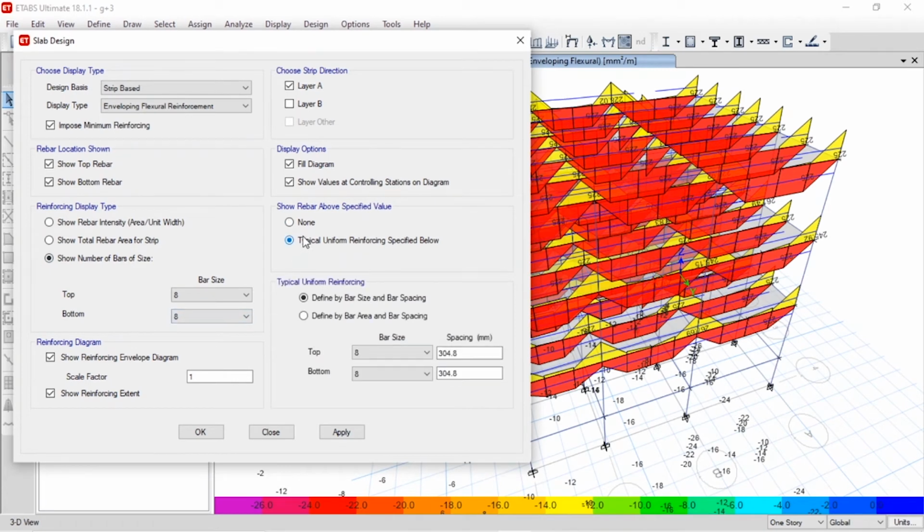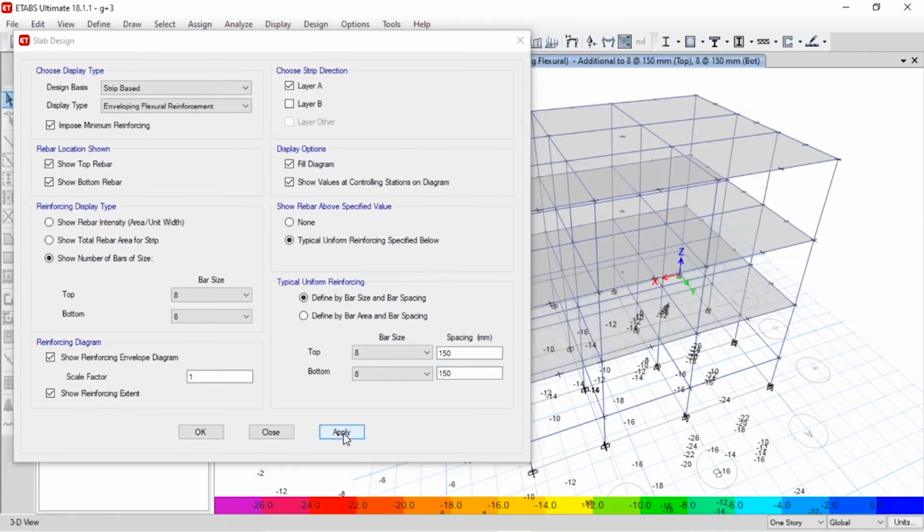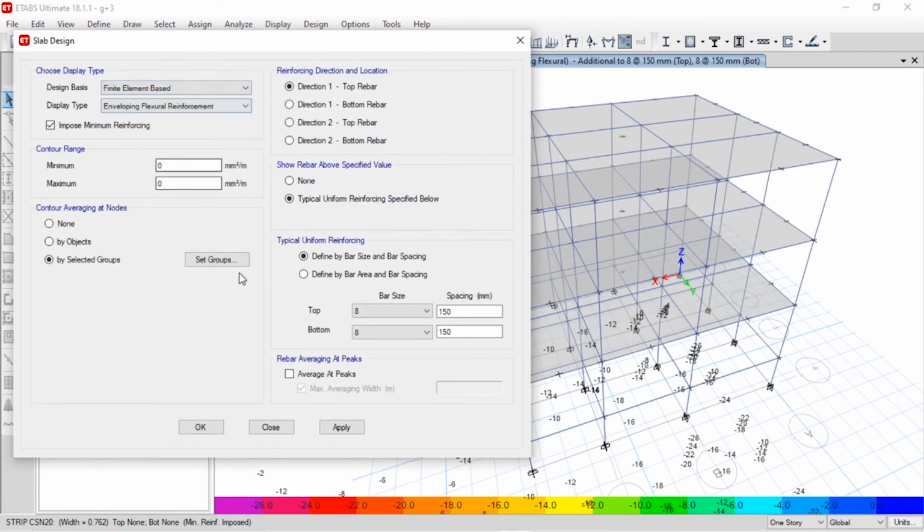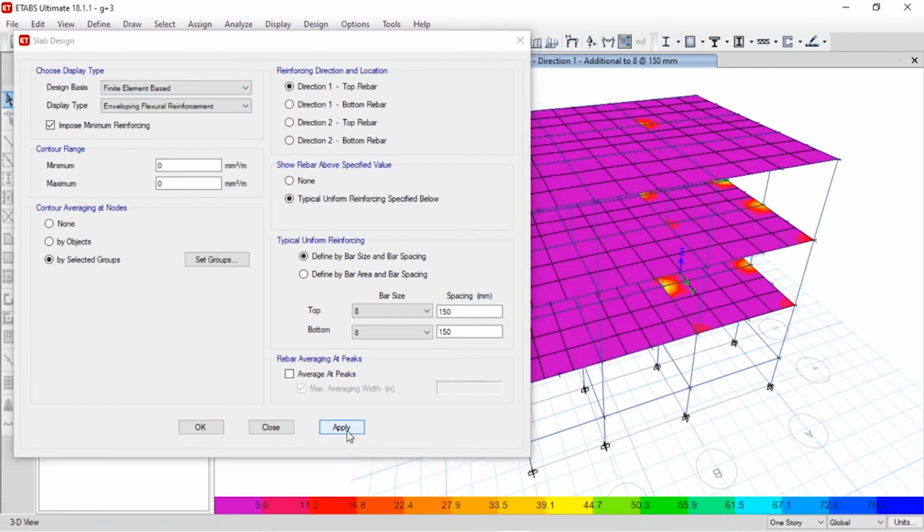You can add the typical reinforcement, defining the bar size and the spacing. Let it be the spacing of 150 mm, and we'll click on apply. Here it does not show for the strip based. I'm going to choose it for the finite element. Here you can see,